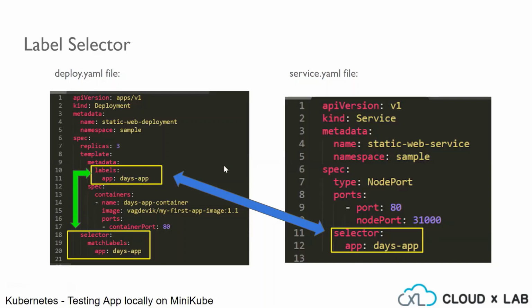Very similarly, it is through this label selector mechanism that this service finds the pods, as shown in the blue arrow. This is to enable communication to or from them. It is important to remember that the labels are defined in the metadata, and the selectors are mentioned in the specifications.